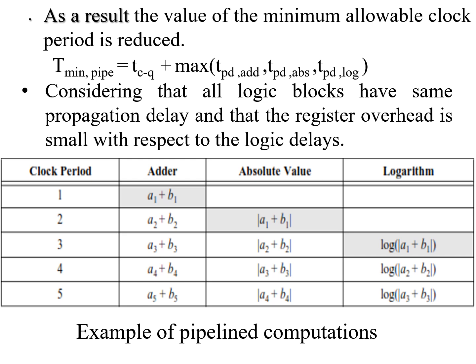Considering that all logic blocks have the same propagation delay and that the register overhead is small with respect to these delays, we can consider the 3 logic blocks as adder, absolute value estimation and logarithm estimation, and we are giving datasets A1, B1 for the first clock period, and while the second clock period is introduced, the A1 B1